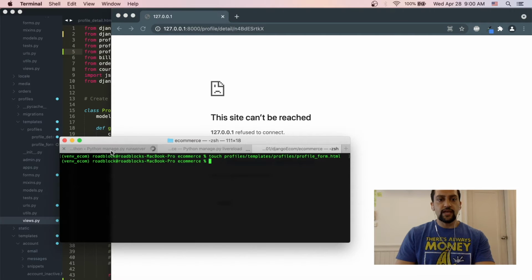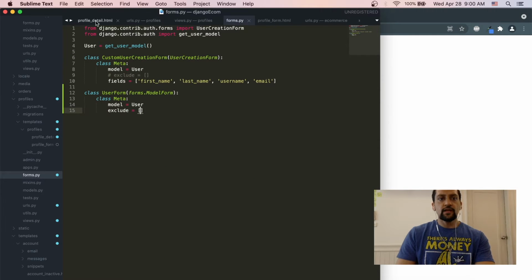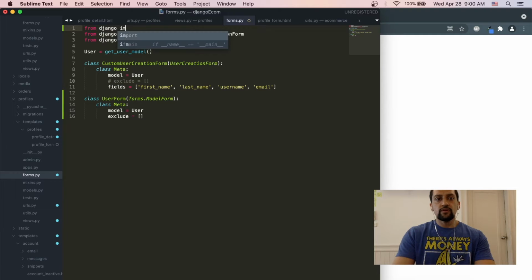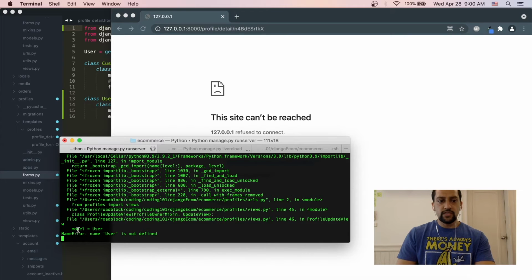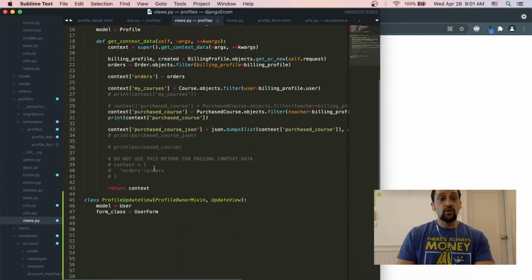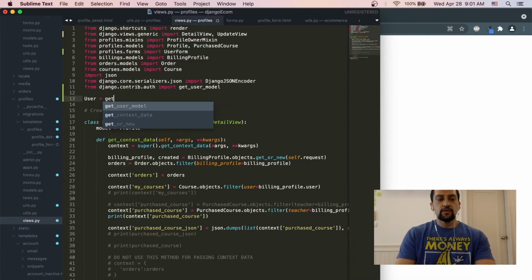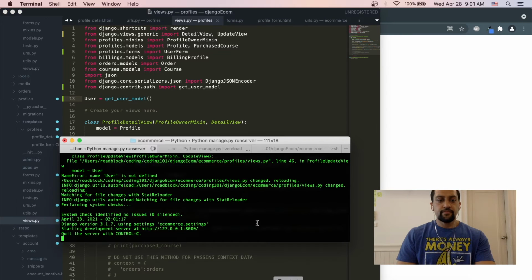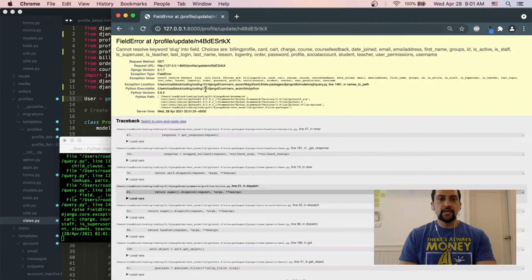okay so จะเช็คถ้าเกิดว่าลืม forms is not defined so มาถึง forms และข้างใน forms ข้างบน from Django import and that should be user is not defined มาเขียนข้างใน user oh interesting ยังไม่มี user so from django.contrib.auth import get user model user เท่ากัน get user model and things look better okay มี update user information so จะคลิกนี้ครับ and